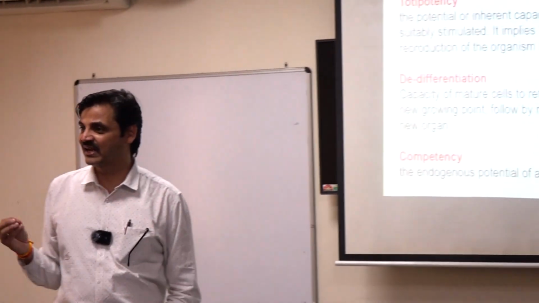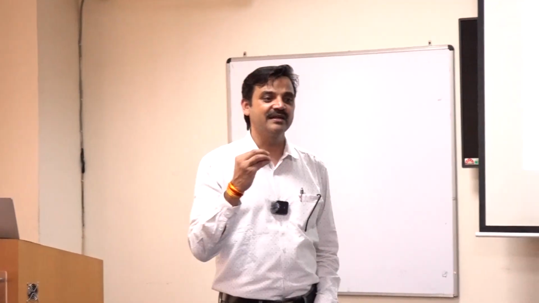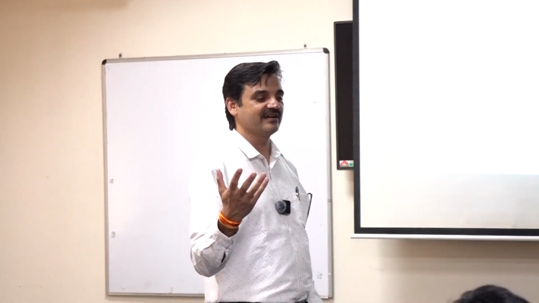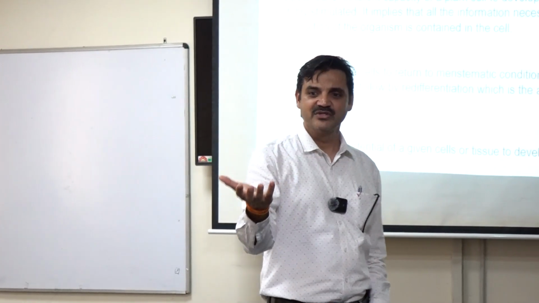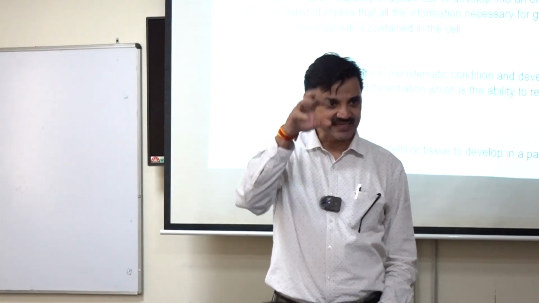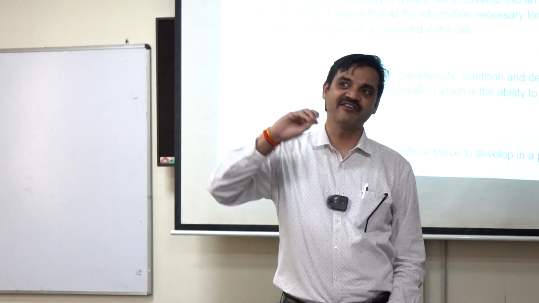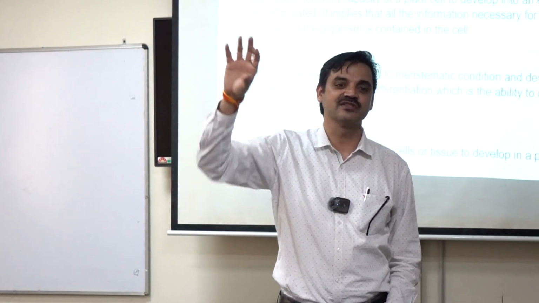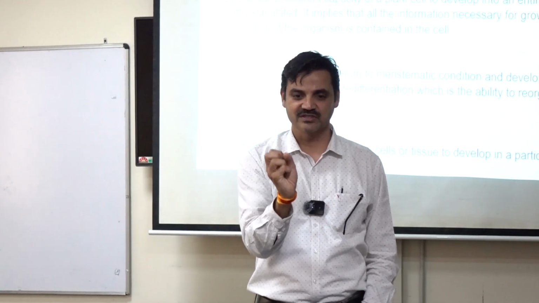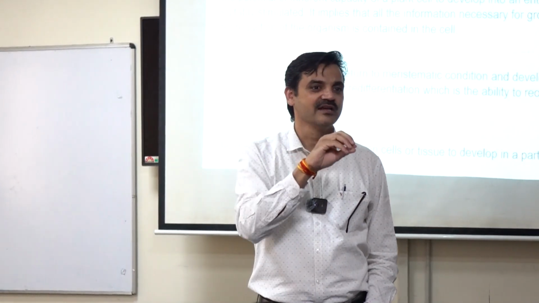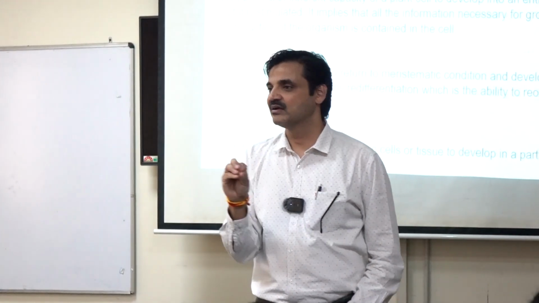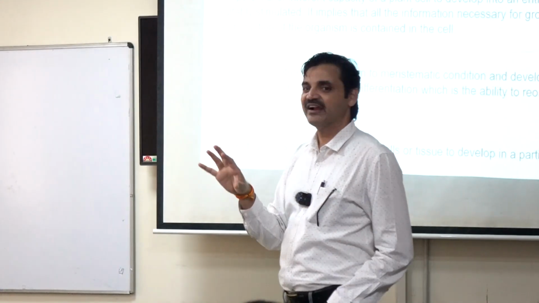De-differentiation. If you take a leaf cell, leaf is a differentiated, a modified organ. Leaf is already made. So if you take leaf, there are cells in there, and those cells are defined to do functions like photosynthesis, right? Guard cell to just close it. So you have different defined cells. Epidermis is there, hypodermis is there, spongy parenchyma, palisade parenchyma. So you have those defined cells.